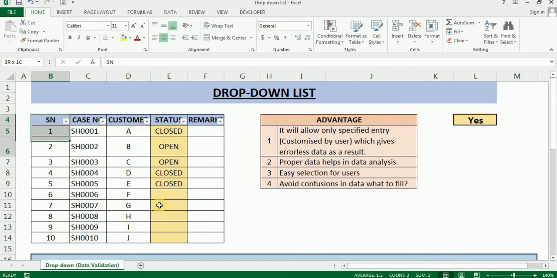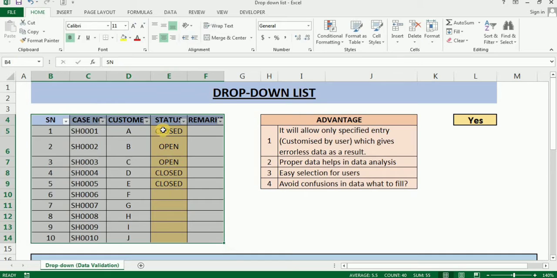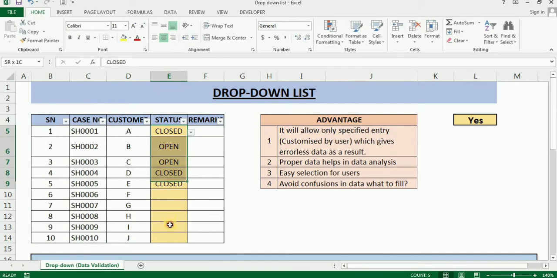Here I have data of customer complaints, and you can see the highlighted E column in which I have already applied a drop down. So when is this drop down used, and what is the advantage? When we would like to allow only specific entries, here you can see only two options are available, open and close.